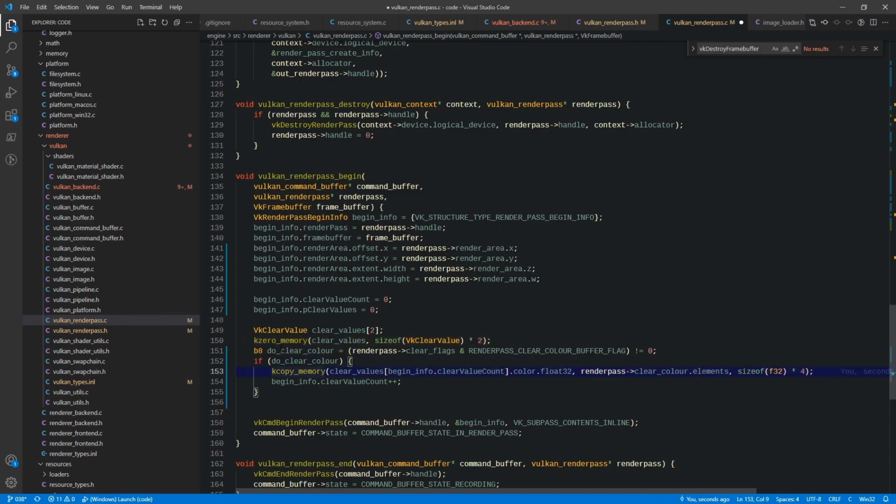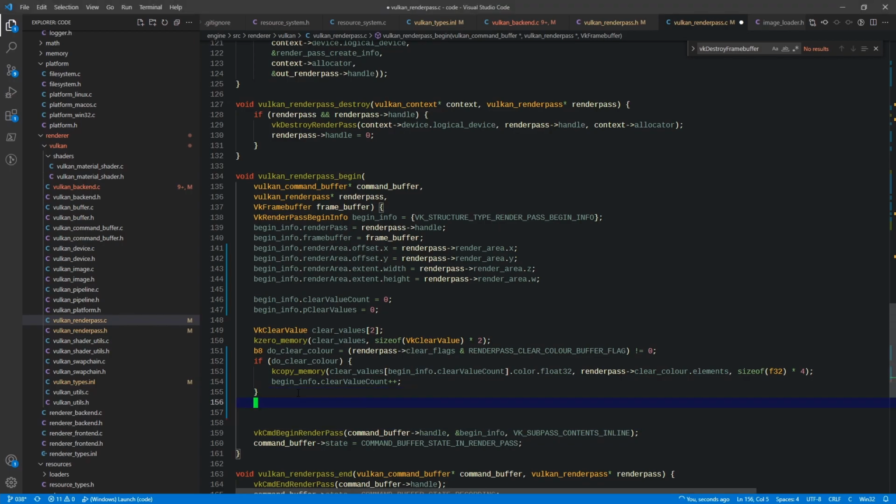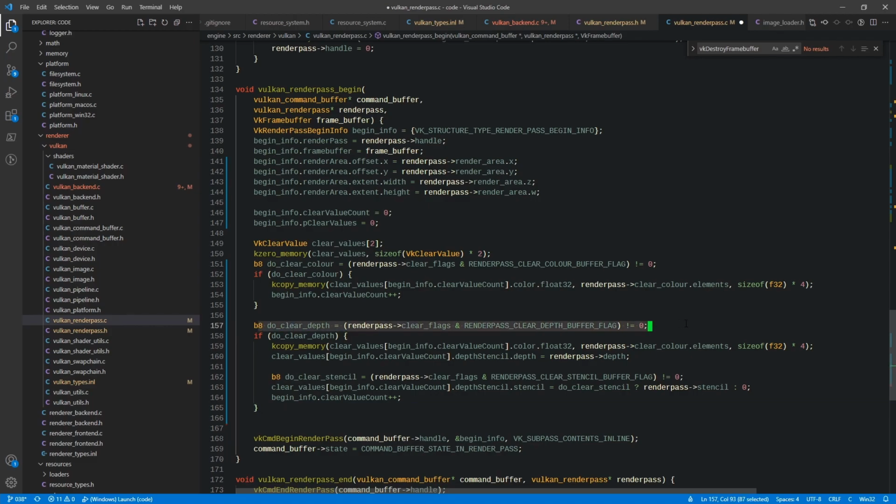So here, if we are doing the clear color, then we're going to go ahead and clear out the first one, right? We're going by this clear value count, which is set to 0, and then we increment that clear value count to 1, okay? And then similarly for the depth, we're going to do basically the same operation, right? We check the flag. If the flag has been set, then we zero out the next entry in that, and then we go ahead and copy over the depth, and then we check the clear stencil, right, and see if that is actually set, and if it is, then we go ahead and set the depth stencil value